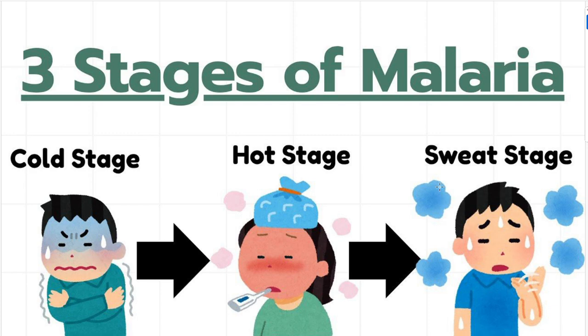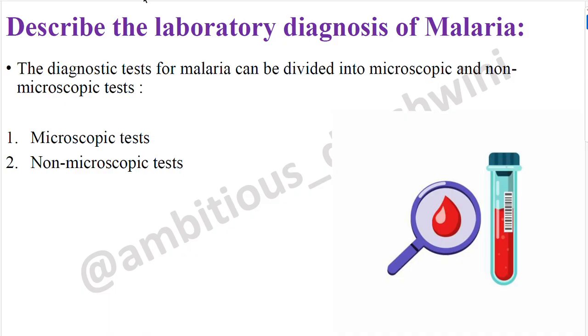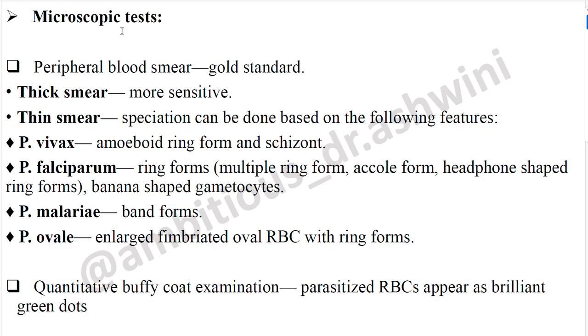Now we will see the laboratory diagnosis of malaria. The diagnostic tests of malaria can be divided into microscopic tests and non-microscopic tests. Firstly, we will see microscopic tests. Peripheral blood smear is the gold standard test. Here there is the thick smear, which is more sensitive, and the thin smear,